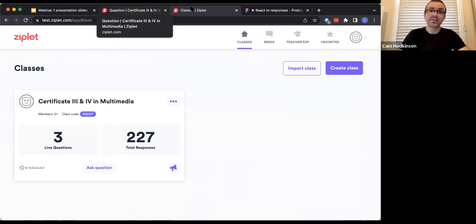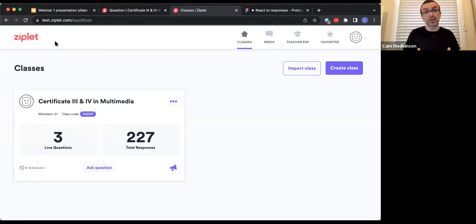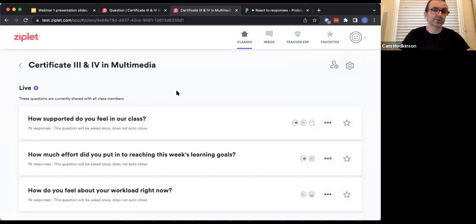The one disadvantage, though, that the Go class does have is that the Connect class lets you go further, because students are logging in to respond to your questions, you can then message them and have a two-way conversation about their responses. And that added power of being able to connect with students after they've provided feedback is a really important step.